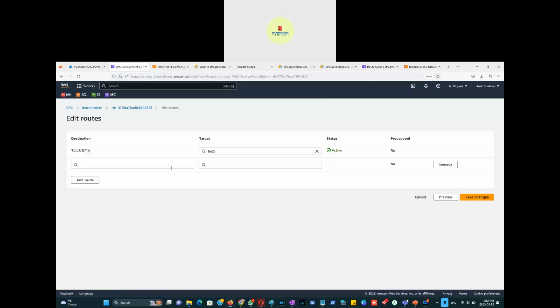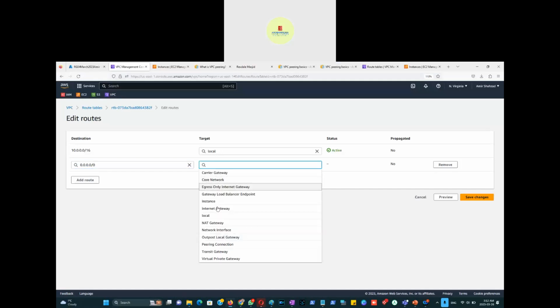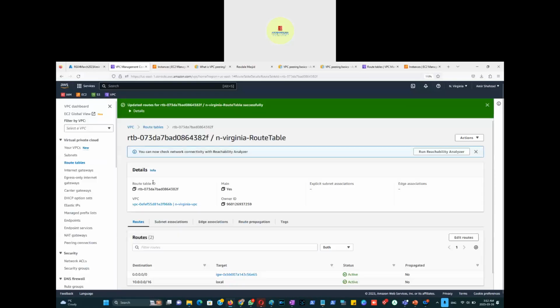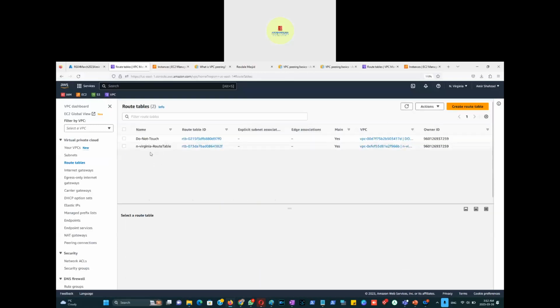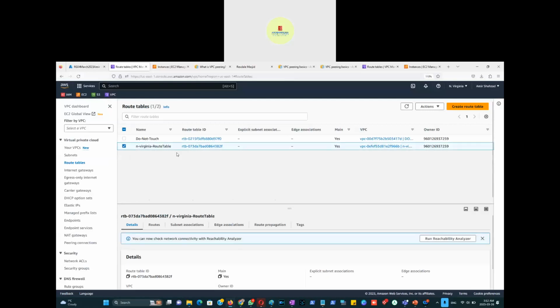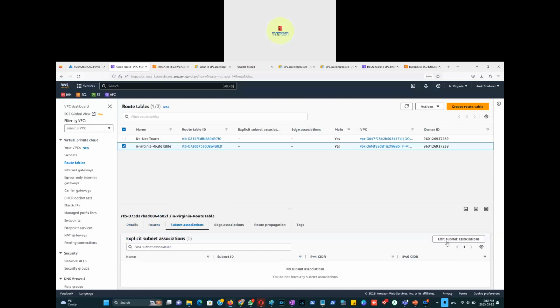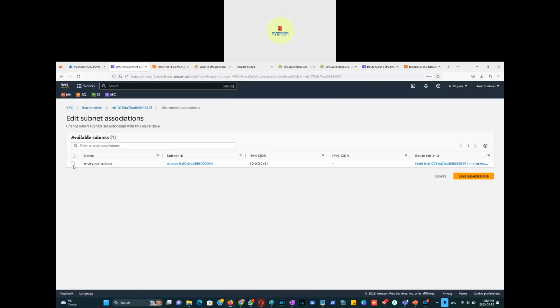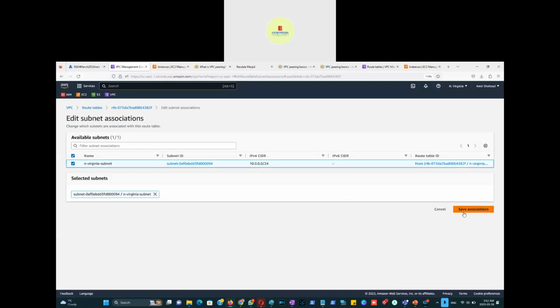And I will say that you have an internet gateway now that brings traffic from anywhere on the internet. So that's the internet gateway. We told the route table that it's going to be receiving internet from the internet gateway, but we can just tell the route table where to send that internet traffic. So I'm just going to go to subnet association, and then click edit subnet association, and click North Virginia